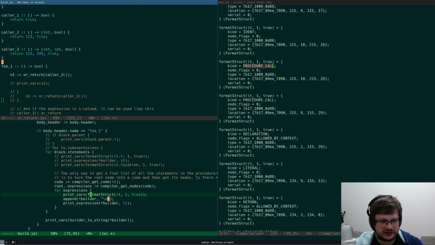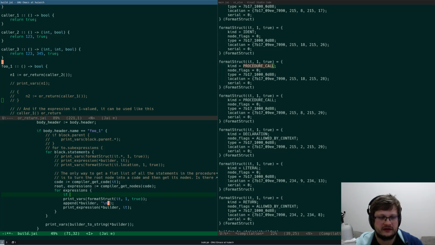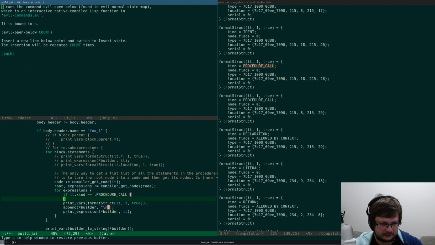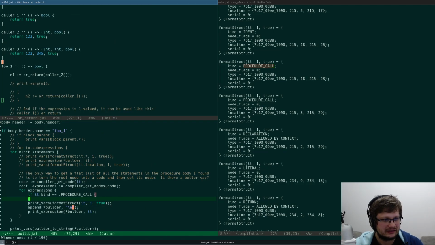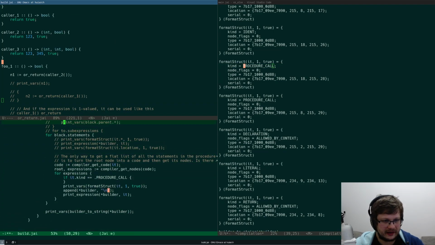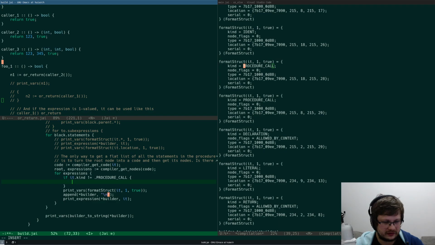Right. So for expressions, now I do if its kind equals procedure call, then... if it is a procedure call, I guess let me do the opposite. Let me do like the if not, then we can continue. Otherwise we can just proceed here.